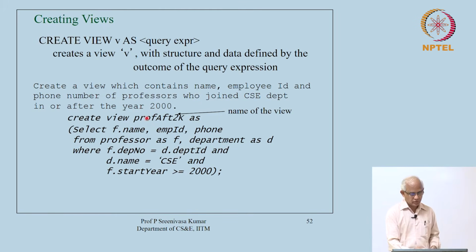If in a query you use this, then the RDBMS will compute the information using this particular query and make use of that in that query. The query itself is very simple, so I do not want to spend time on that. You can just see that we are putting some conditions on the start year greater than or equal to 2000 and then picking up appropriate faculty data.